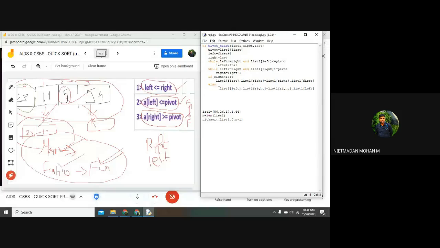I am just checking that. So it will be an infinite loop. So for that I want to make this a finite loop. So this is the basic idea.